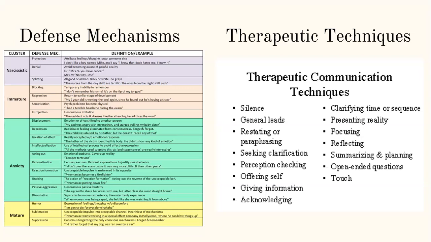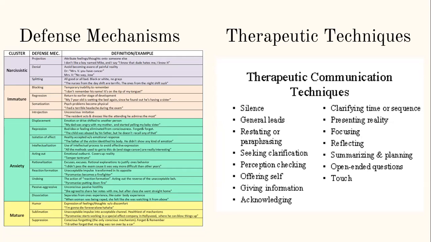So we have our narcissistic defense mechanisms like projection, where they project their feelings onto someone else. They may be in denial or engage in staff splitting. Immature defense mechanisms are things like blocking, regression, somatization. There's anxiety related defense mechanisms like repression, acting out, rationalizing, passive aggressiveness, and then mature defense mechanisms, which we